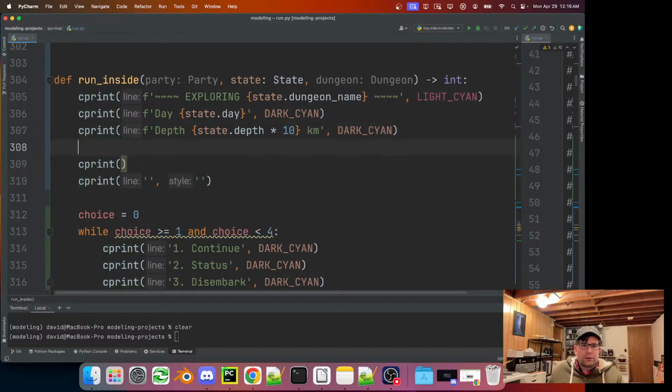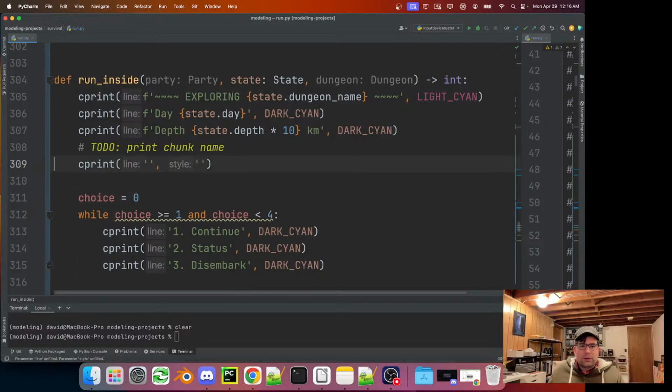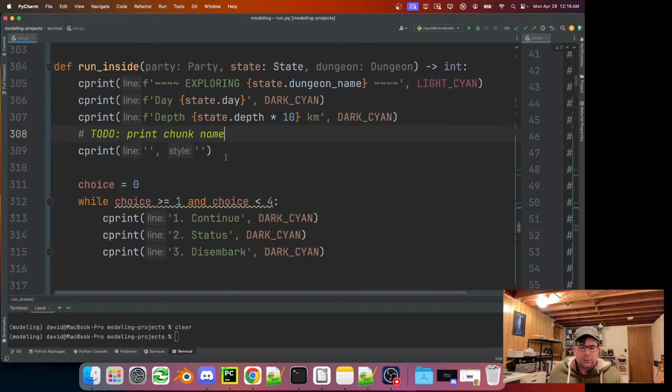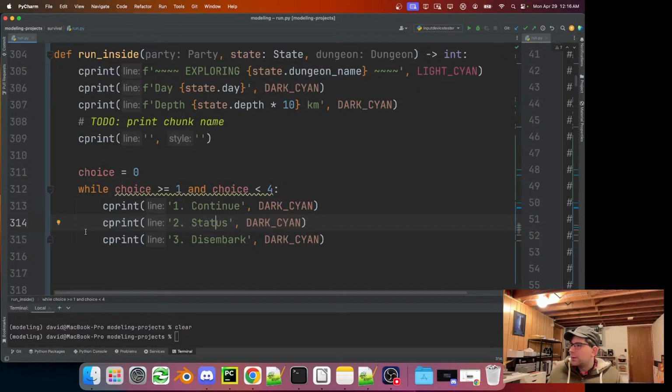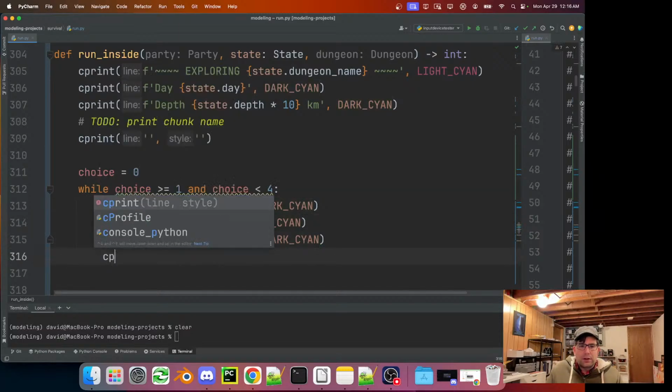Yeah, we need to do this. So to do, print chunk name. Chunk name description. So we'll save the description for looking around, like maybe in the status. Disembark, and then